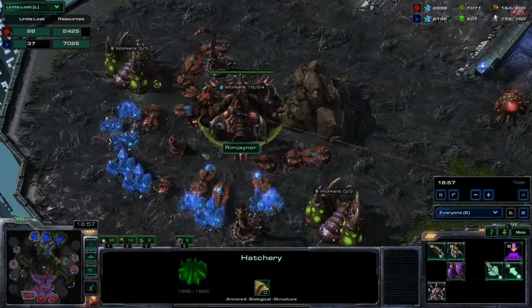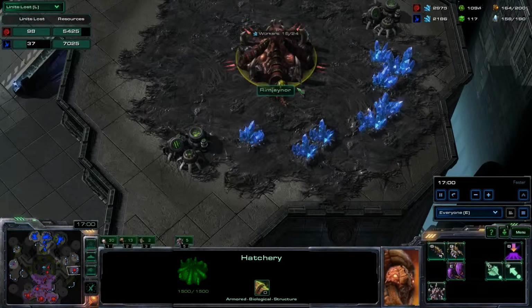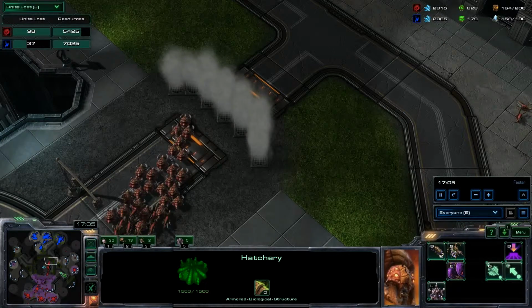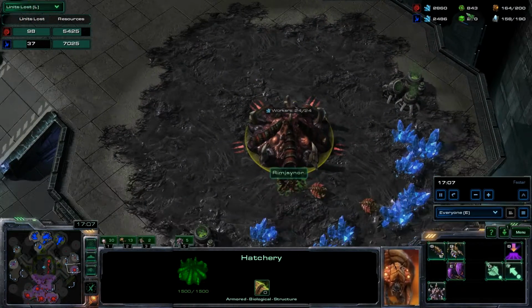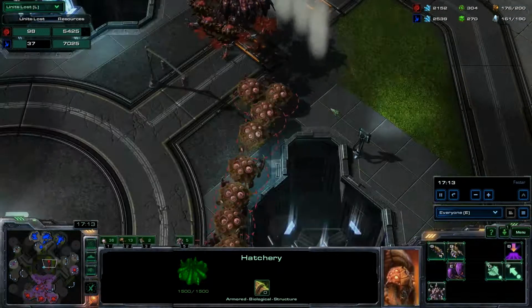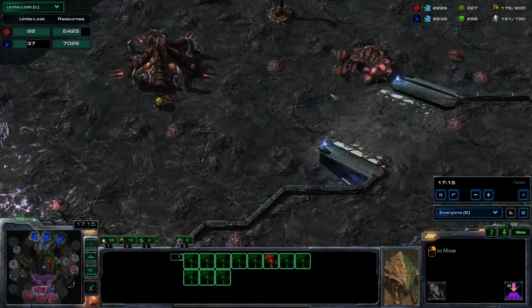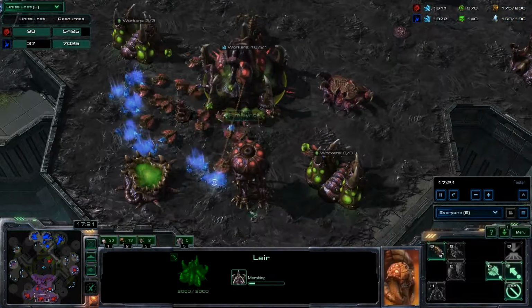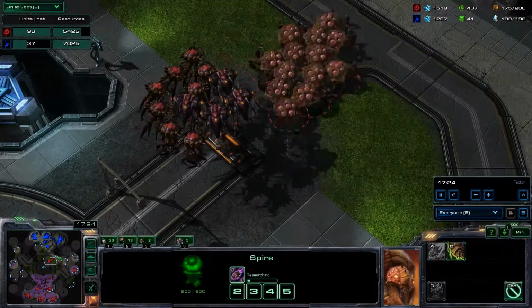You want about 10 to 15 swarm hosts. I'm going to move some guys to my 5th over here, which is kind of hiding. And of course you do want to build a lot of spine crawlers around that, because you will bank up a lot of extra minerals, as you see there. And I'm going to keep pushing ahead, and this is why you also want to make sure you keep upgrading your melee attacks. Don't forget to build your hive, because you do want to be able to transition to ultralisks